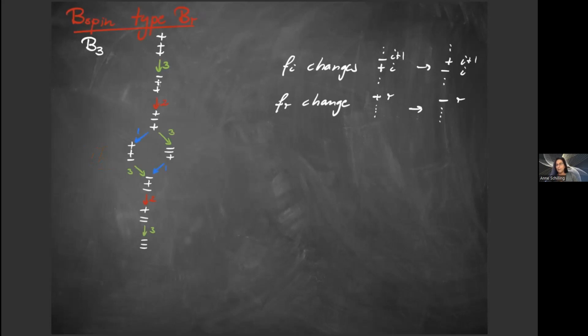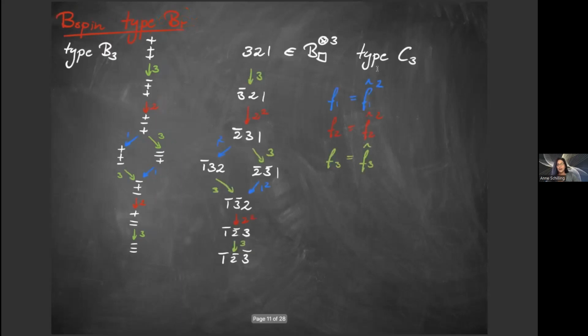So remember, one of the examples I had were these spin crystals, and we are now going to model them by some virtual crystal embedding. Here I have drawn the spin crystal of type B3 for you. You can see that F3 just makes a plus into a minus. And then as before, an Fi operator interchanges a plus minus into a minus plus. So this is the graph of our spin crystal. And we are now going to model it using a tensor product of type C3 crystals,